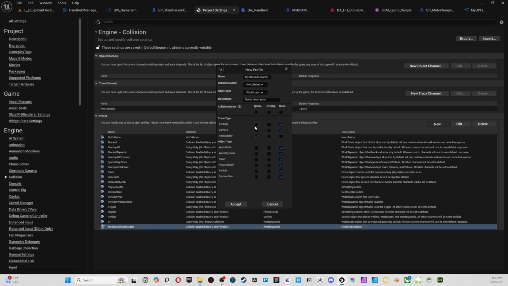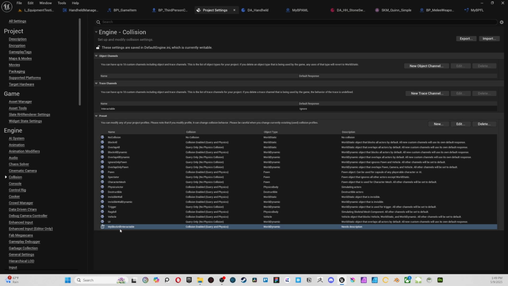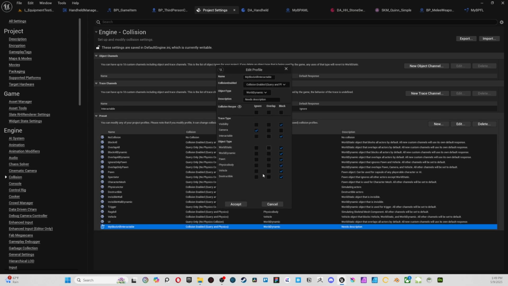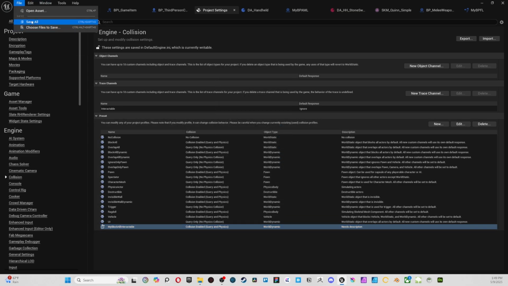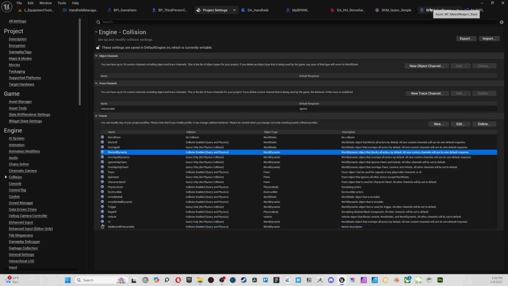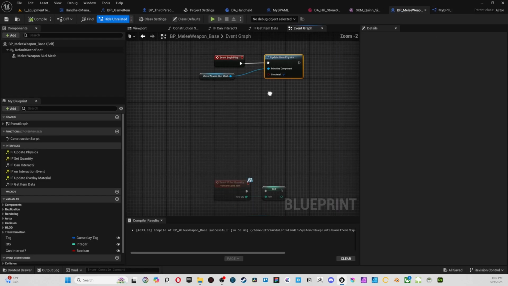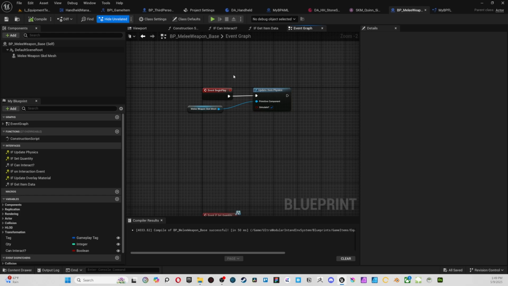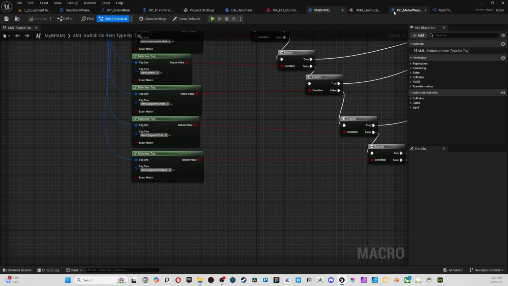So we will do what we did, but we will actually ignore, and we don't even need this actually. So my block all interactable has the interactable channel blocked, but if not, we will use this block all dynamic. So let's go into our BP melee weapon, and actually let's go into our